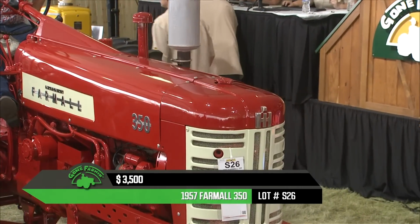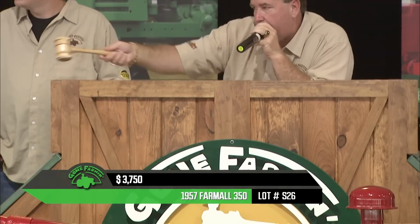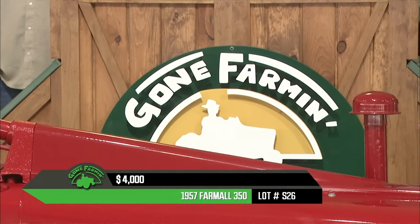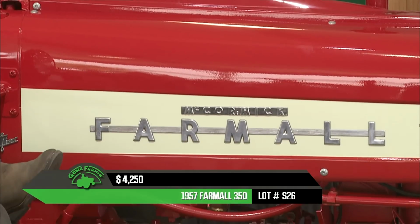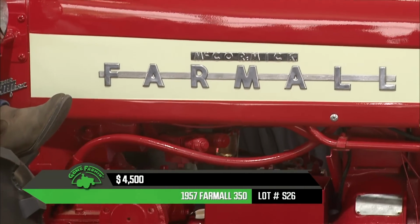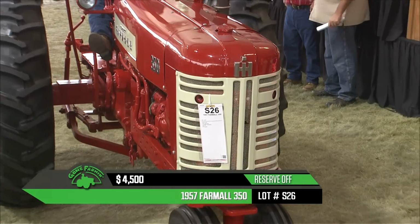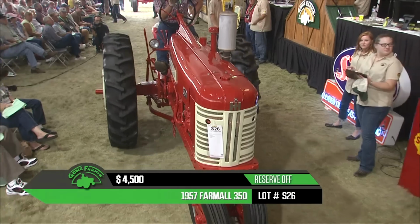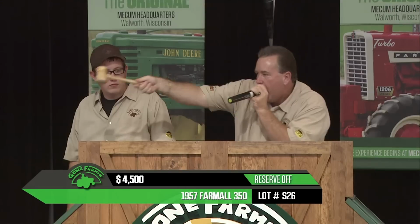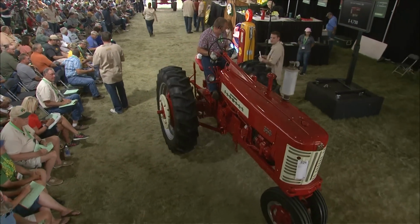Yeah, and I really like these tractors here with that round grill being painted white and that white inset in the hood. It just really sets those tractors off as far as the paint scheme. And that one rolls out at $4,500,